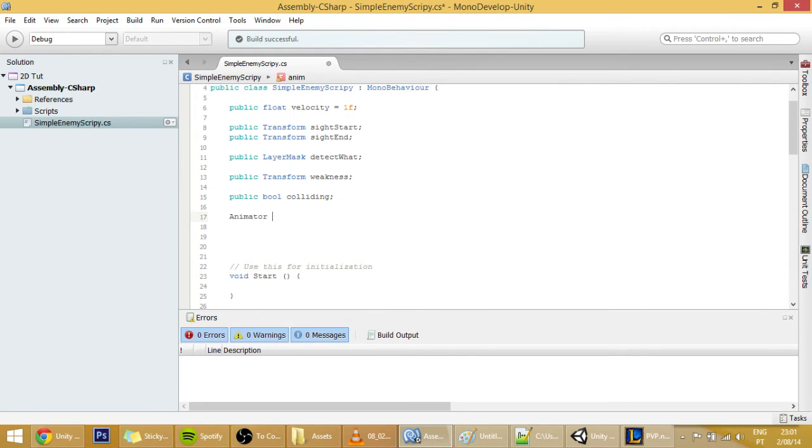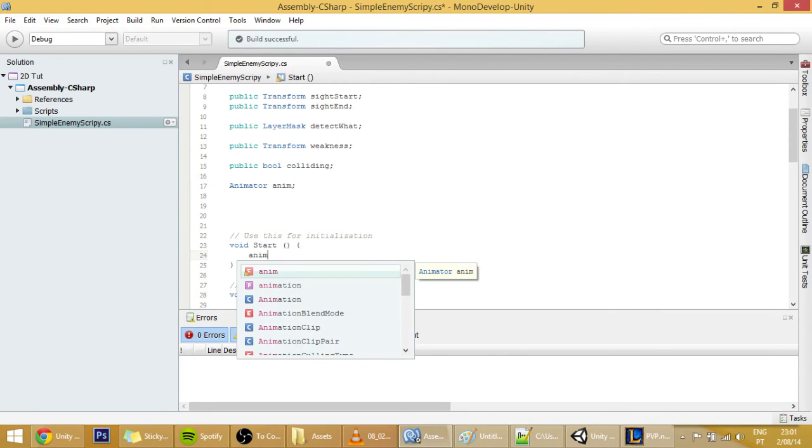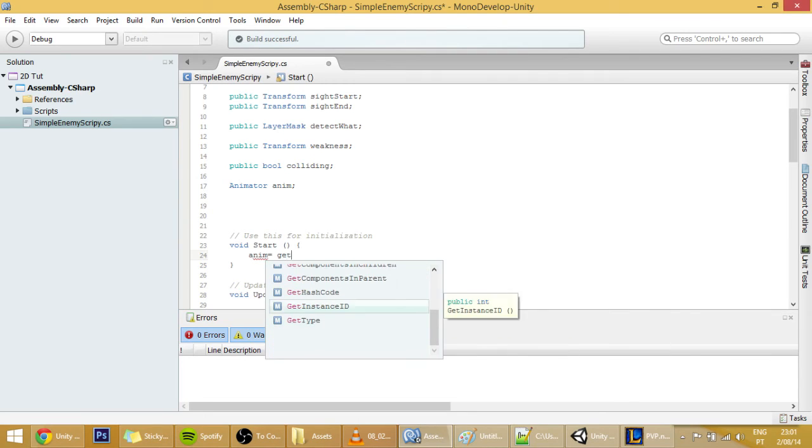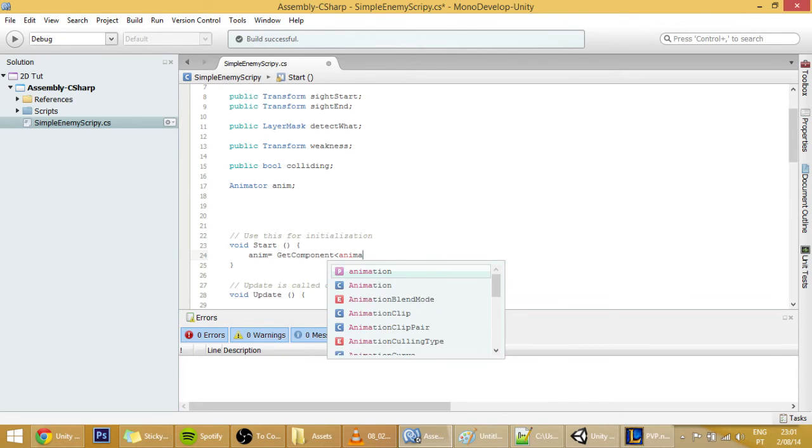Let's create an animator here and set that animator to be equal to the component that's attached to this enemy, which is named Animator.